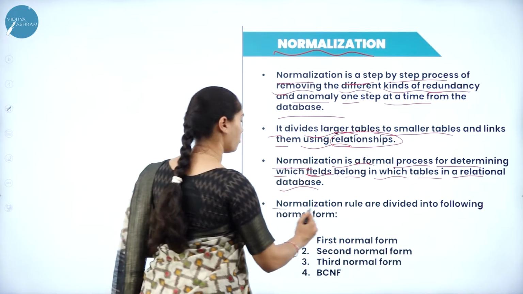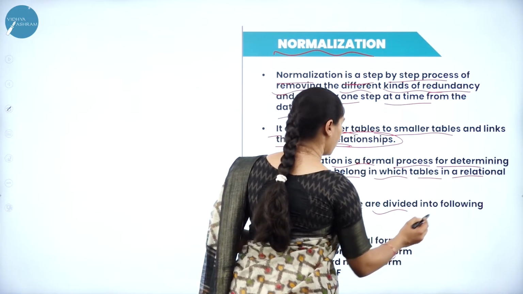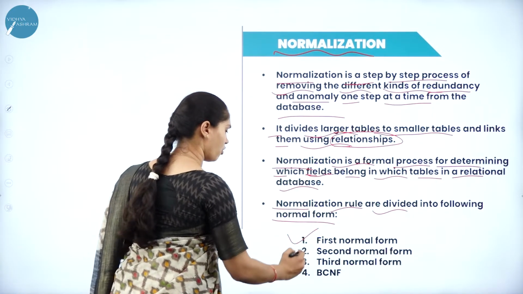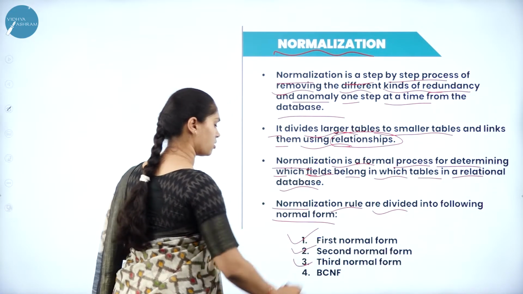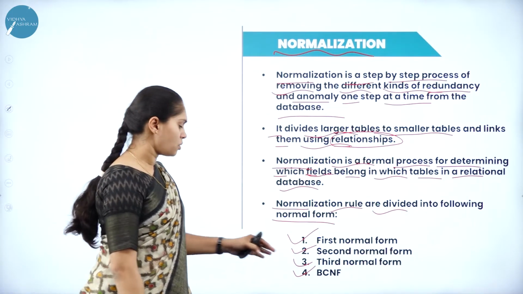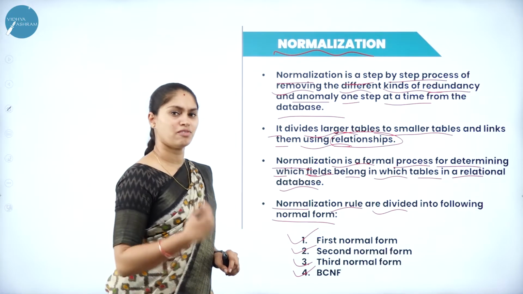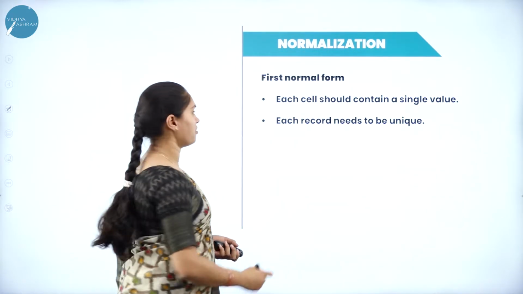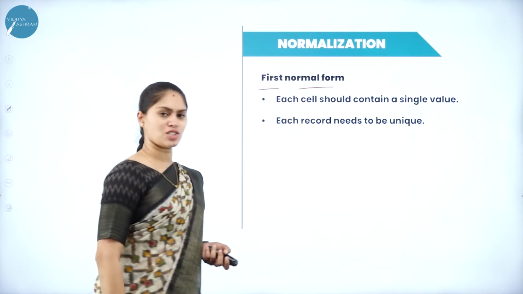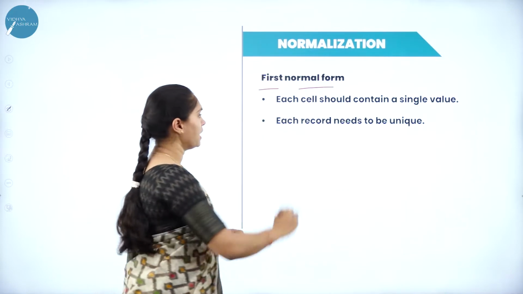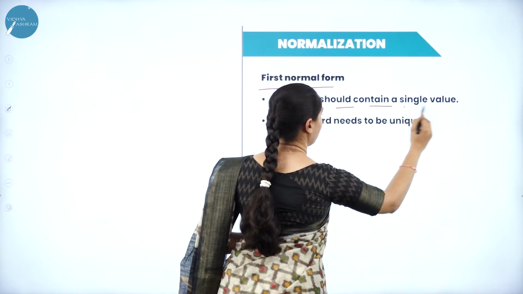And also normalization rules are divided into the following normal forms. It includes first normal form, second normal form, third normal form, and at last we have BCNF, that is Boyce-Codd normal form. We'll see each of the normal forms one by one. We'll see the first normal form. What is the first normal form? If I want to make my table be in first normal form, each cell should contain a single